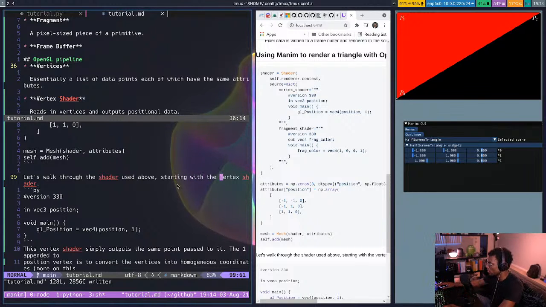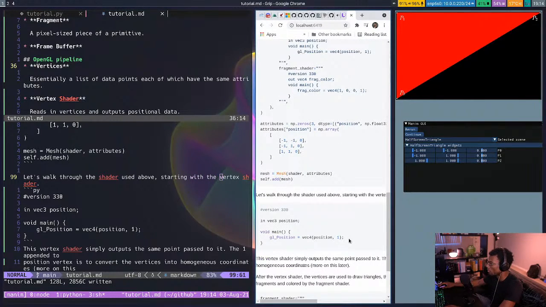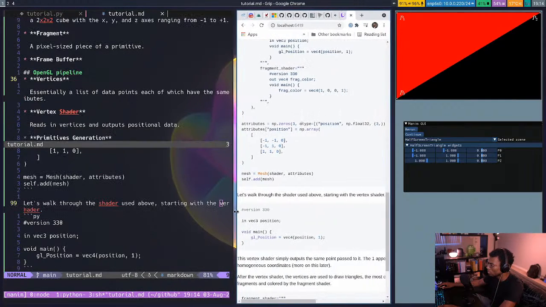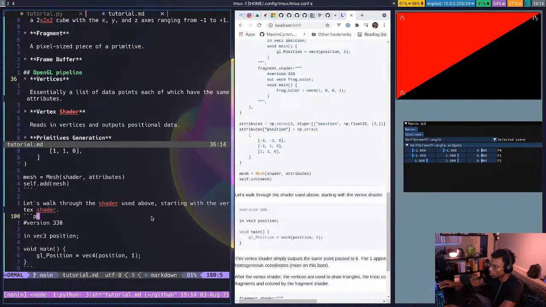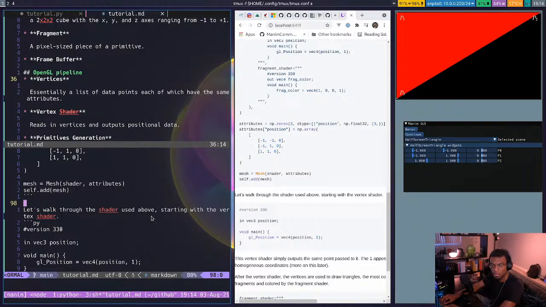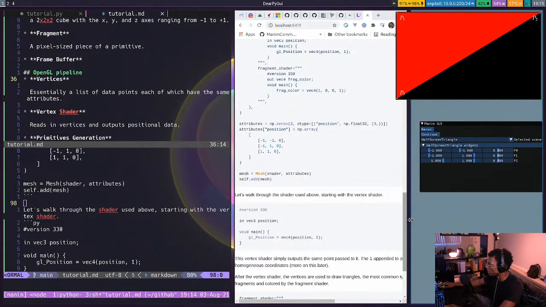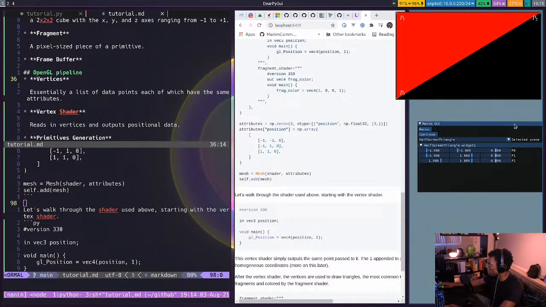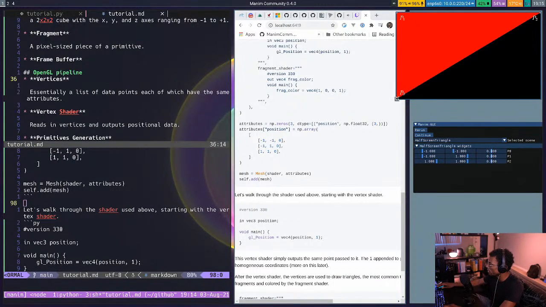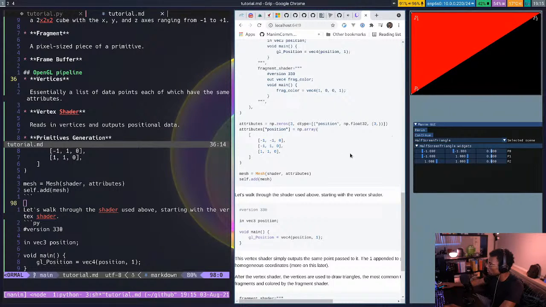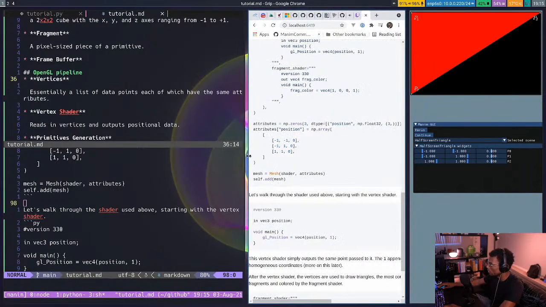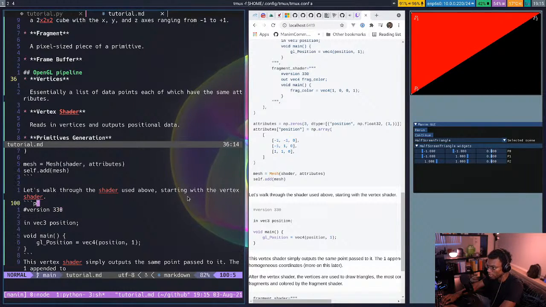Starting with the... I'm running out of screen space. I wonder how small this could get. I don't mind that much if it's hard for me to see it, but I do mind if the stream can't see it that well, even though I realize some people just have this in the background. Okay.